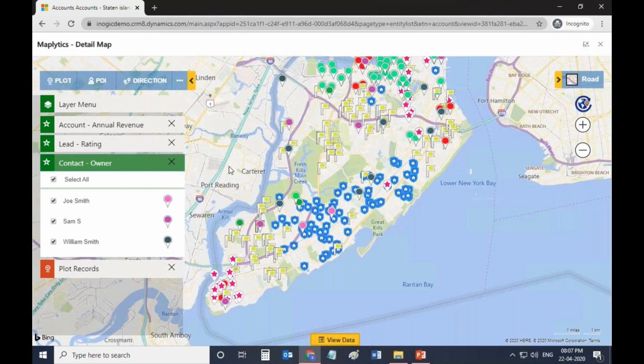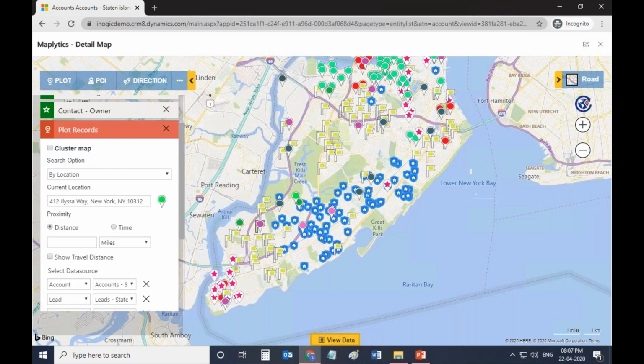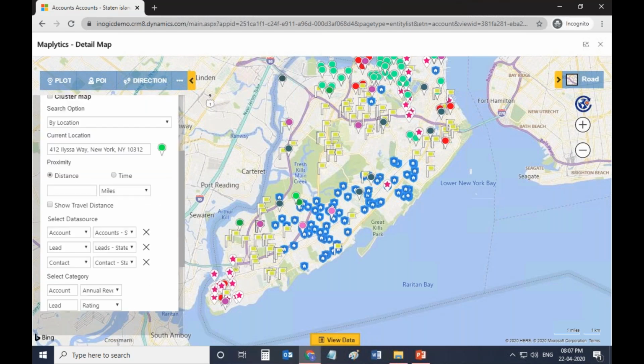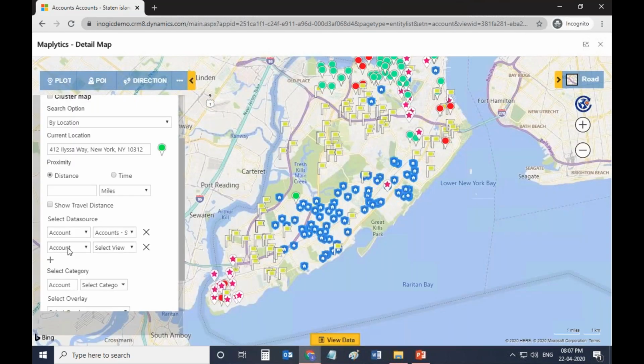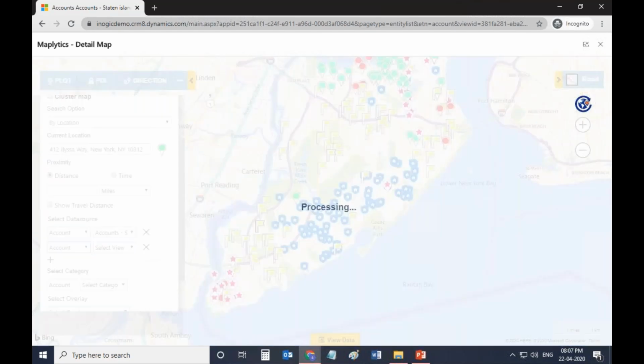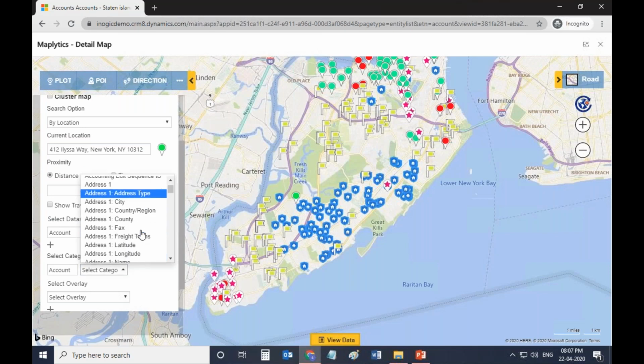So this was the categorization for three different entities. So now coming to the latest feature that we have added into our last release, which is categorization of a single entity based on multiple attributes. So let's just remove this. So you can very well add the same data source twice or thrice, but I'll keep it simple as of now, and I'll just select the attribute over here.